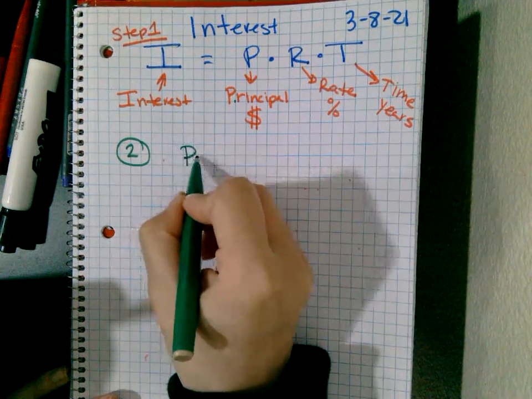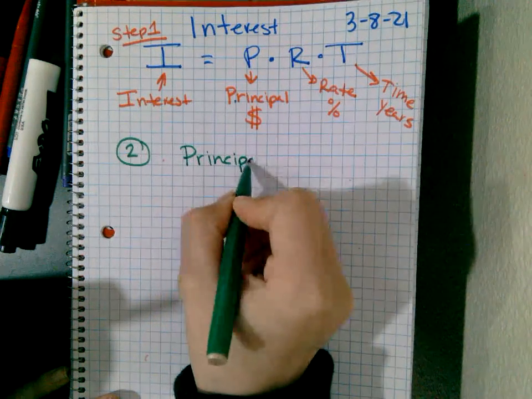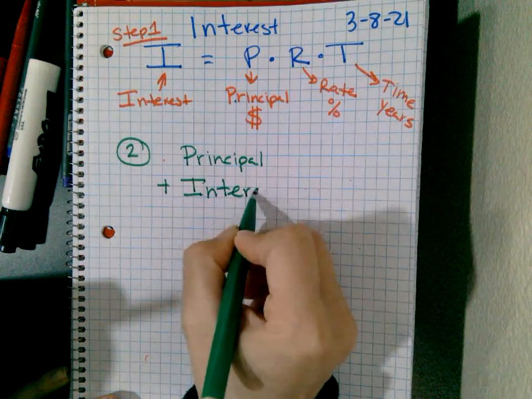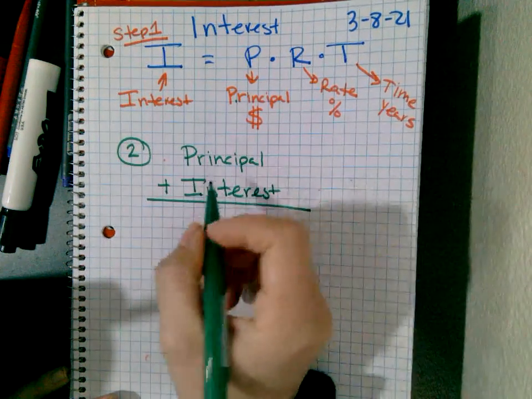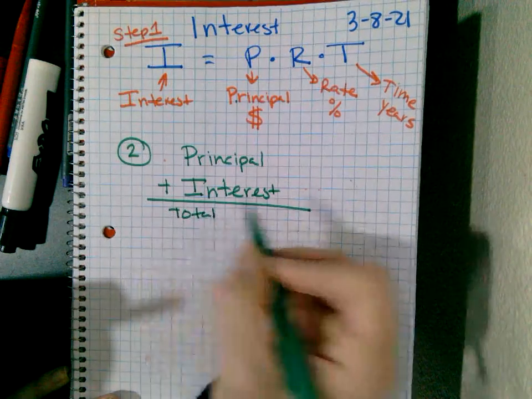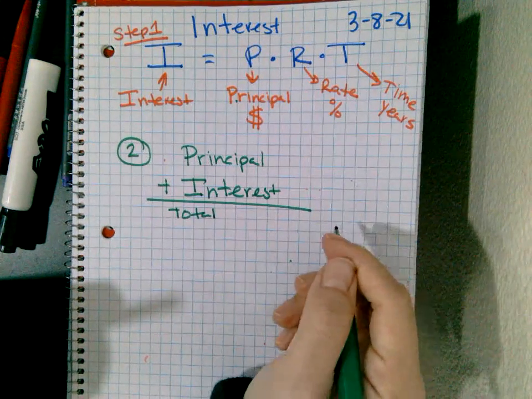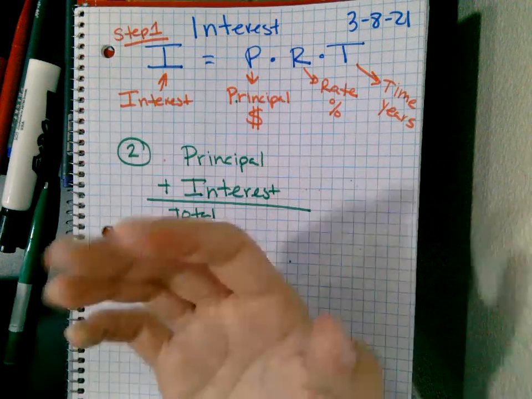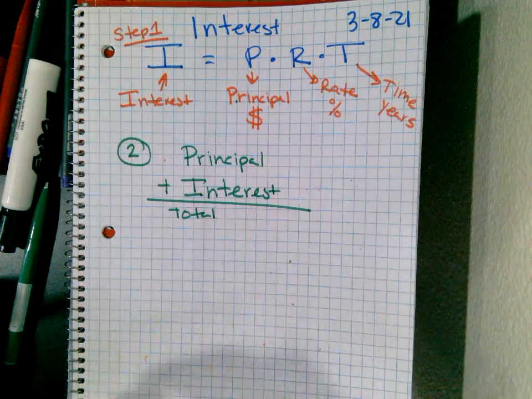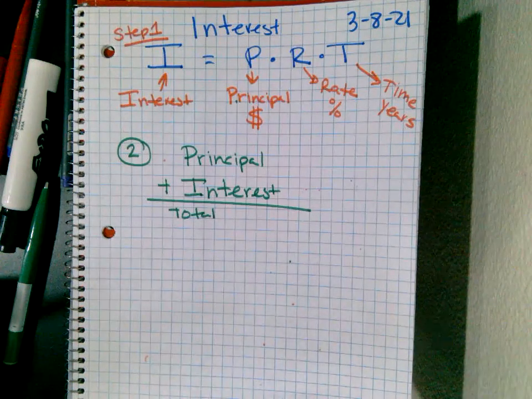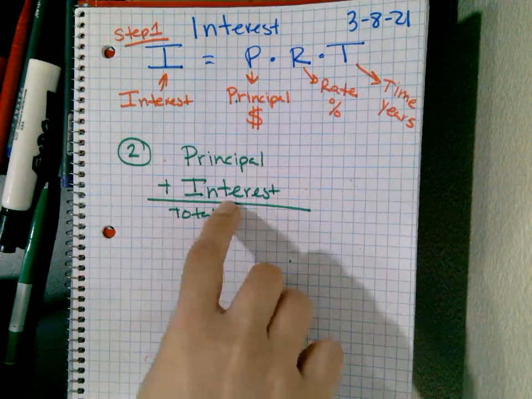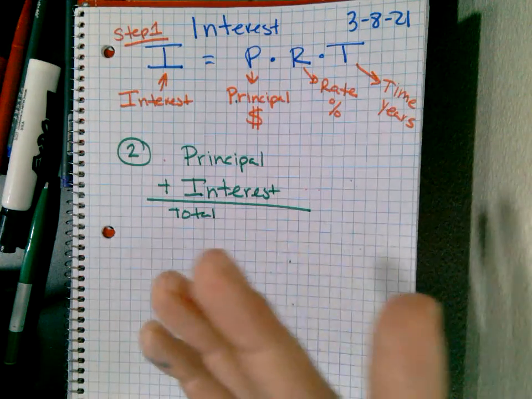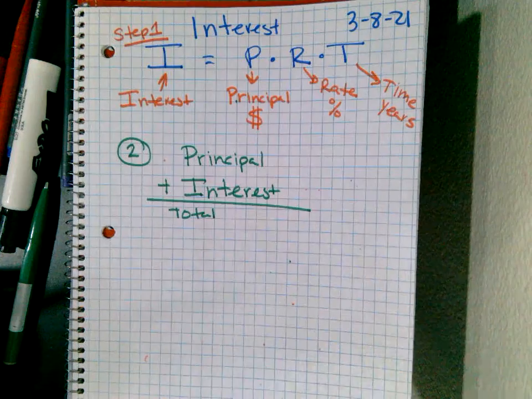your principal and add your interest, and this will give you your total in your savings account, or total how much you owe in total. So like if you borrow $1,000, you're going to pay back the $1,000 plus interest. Okay. If I charge $500 on my credit card and I don't pay it back, next month I